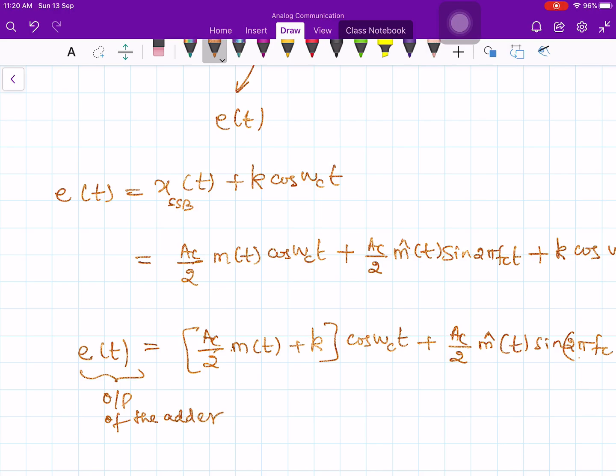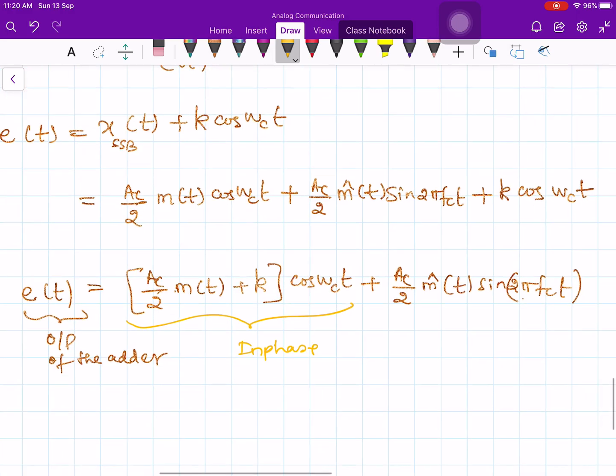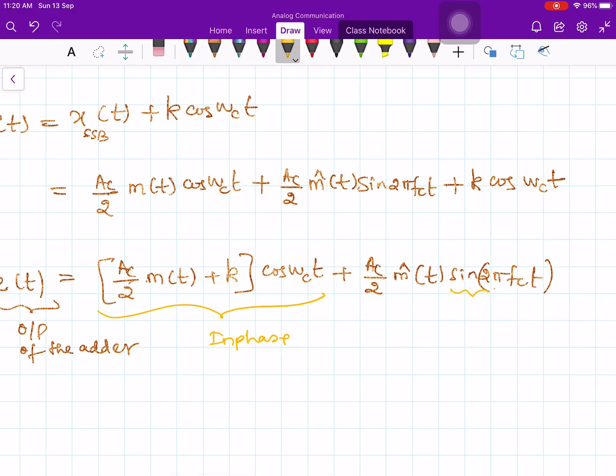Output of the adder. Now this is given to the envelope detector, and this is the in phase component, cos omega ct. There is no phase change, but here it is sine. Sine means 90-degree phase shift. Therefore, this is called a quadrature component or quadrature part of